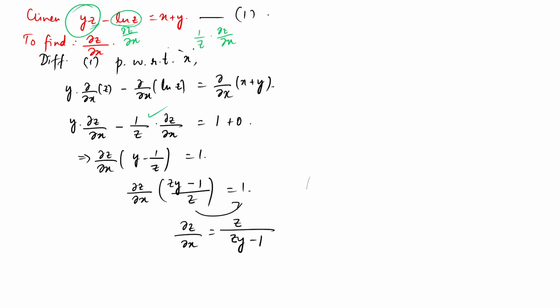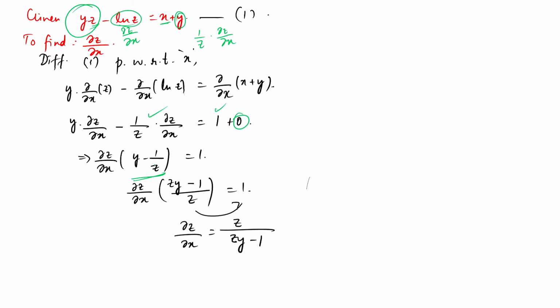And when you differentiate x with respect to x, you would get 1. And when you differentiate y, you are going to get 0. So we have written all these things, and after coming to this stage, you will have to group things which involve del z upon del x on one side and the rest of the things on the other side. Group the things out. So take del z upon del x as common; remaining, you are left with 1 minus